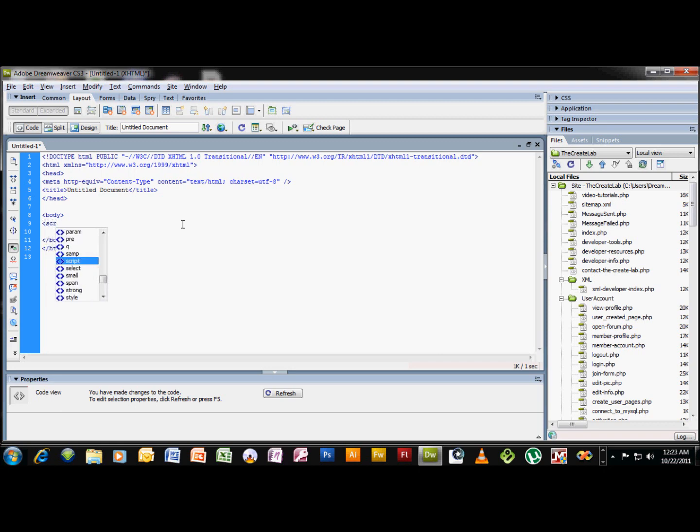The point is just to show you a little bit of JavaScript and what it can do, and there'll be many other tutorials showing other things, but this is a handy